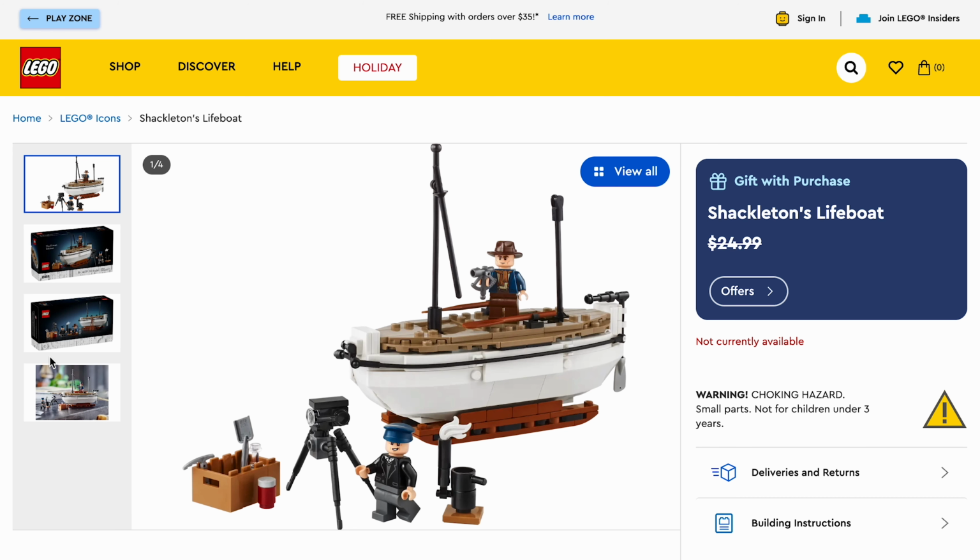I feel bad for anyone who isn't able to get that set during that time frame and get this gift with purchase with those two minifigures and this really cool looking little lifeboat at the same time, because that sucks. Because this is a beautiful little set on its own. Lego does this in a really, really clever way to really drive purchases, and that makes sense, and I understand that from a business standpoint. But I really, really wish they would make these available at some point later on for people to buy on their own, because they're really cool. People would love to have them. It's the only way you're gonna get these minifigures that go so well with a set,